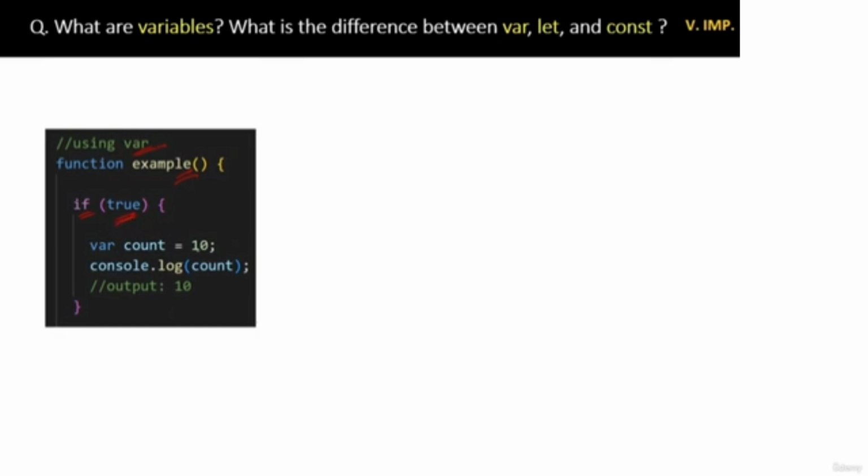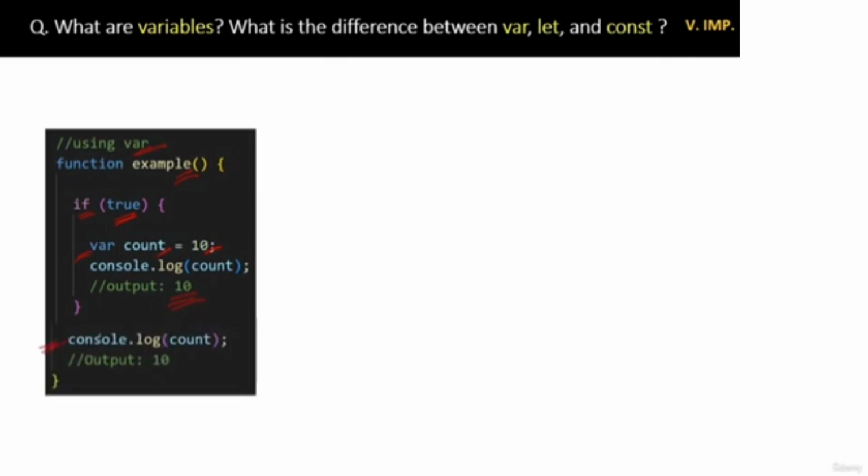Inside it, we are using the var keyword to assign the count a number value of 10. When we print the count inside the if block, the output will be 10, which is expected. But when we print the count even outside the if block, even there, it will print 10 as the output like this. The point is, var creates a function scoped variable, meaning that even though you defined the variable var inside the if block, it is still available outside the if block because it is function scoped and